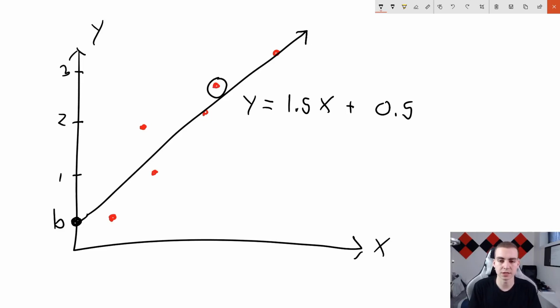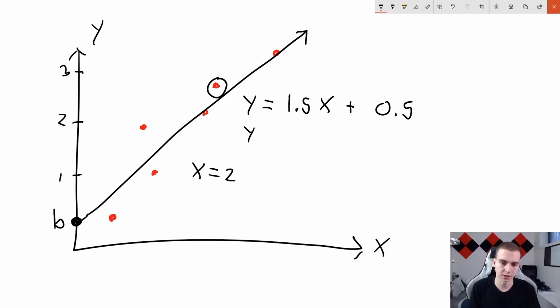That's because we need to give the value to come up with one of the other ones. So what we can do is say if we have either the y value or the x value of some point, and we want to figure out where it is on the line, we can just feed one in, do a calculation, and that will actually give us the other value. So in this instance, let's say I'm trying to predict something and I'm given the fact that x equals 2. I know that x equals 2, and I want to figure out what y would be if x equals 2. Well, I can use this line to do so.